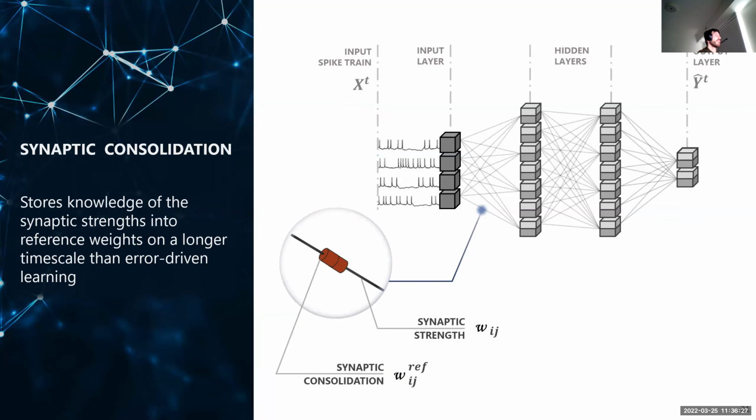The second approach, the second plasticity mechanism, is synaptic consolidation that we talked about. So again, we're trying to consolidate information over a longer period of time, allowing plasticity induced by the surrogate gradient learning rule to decay unless the network determines that it's important enough to be maintained and transition to long-term knowledge.